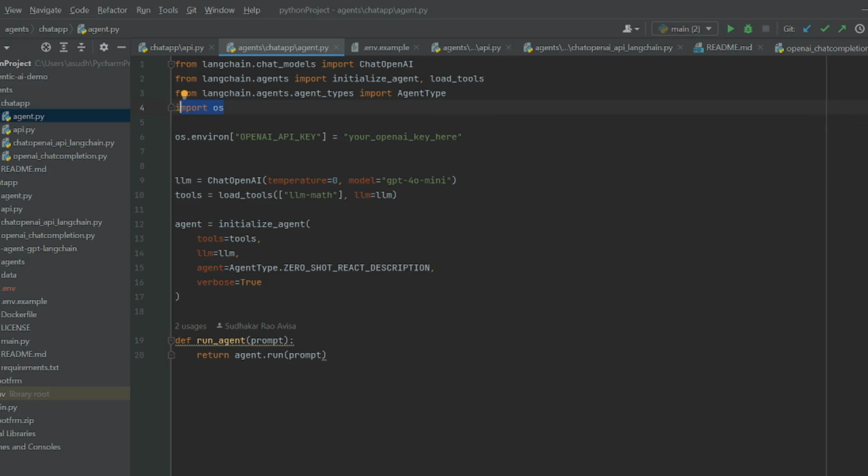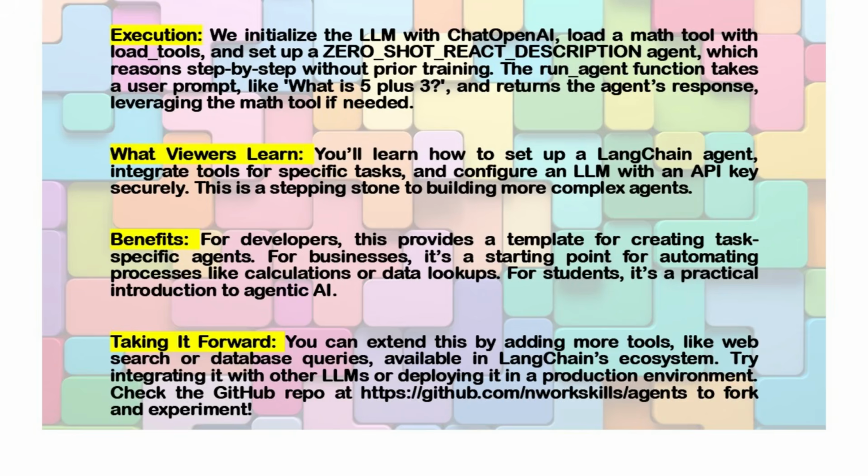The purpose is to create an agent that can handle user prompts by combining LLM reasoning with tools, in this case a math tool for calculation. Execution: we initialize the LLM with ChatOpenAI, load a math tool with load_tools, and set up a zero-shot agent, which reasons step by step without prior training. The run_agent function takes a user prompt like what is 5 plus 3 and returns the agent response,